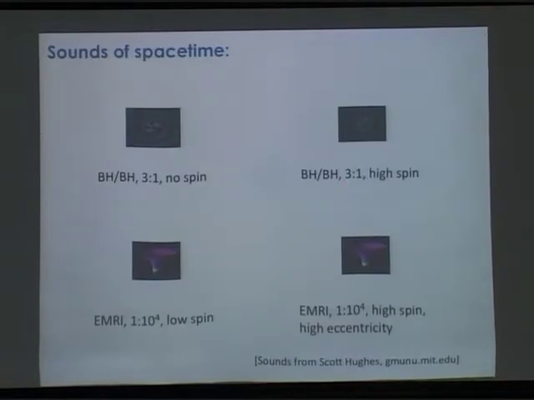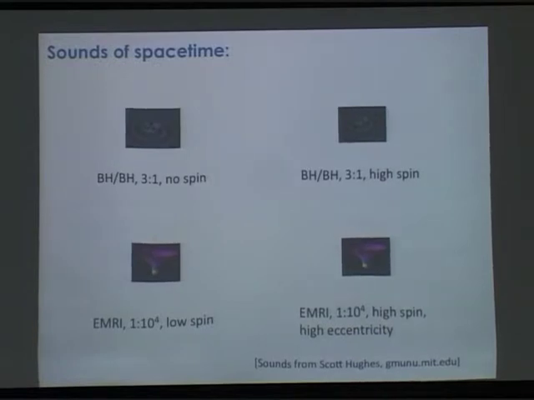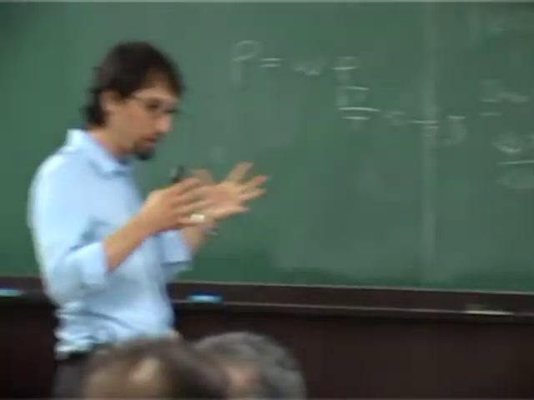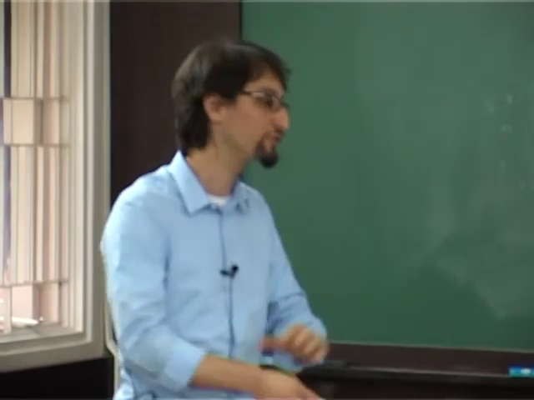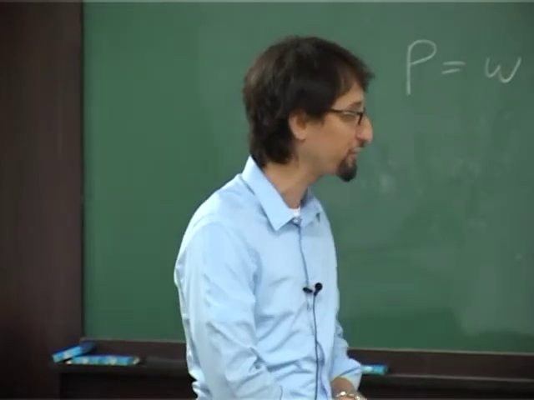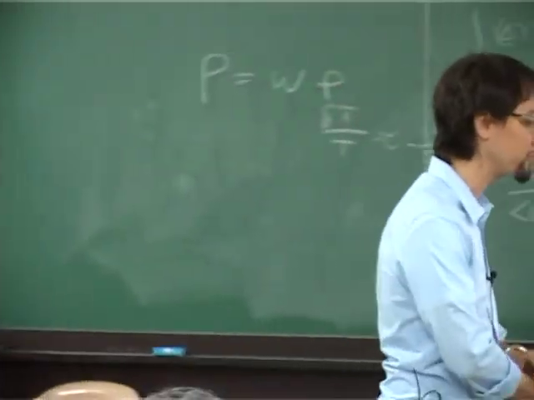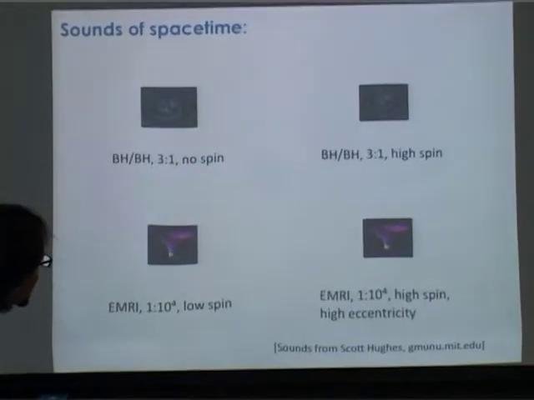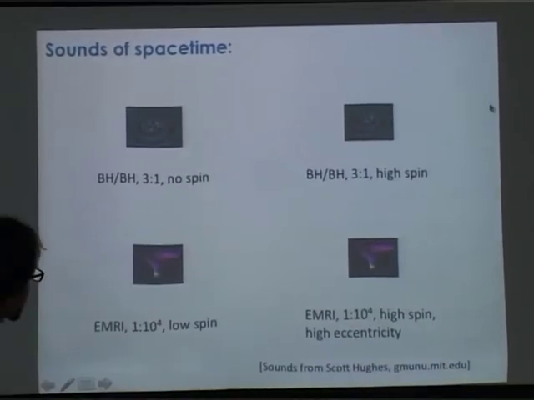Okay. And when we talked about this comparison between electromagnetic and gravitational waves, you might have noticed that gravitational waves behave much more analogously to sound waves than to electromagnetic waves, right? The wavelengths are on the order of the size of the object, which is true for sound waves, and they're due to bulk motions of massive objects, not microscopic scale phenomena. So one of the things interesting to do is to just make sounds of what these gravitational waves sound like. So here's some examples put together by Scott Hughes' research group.